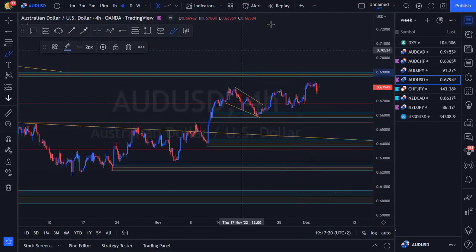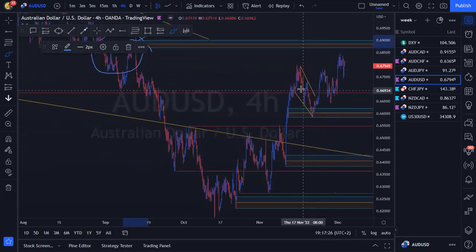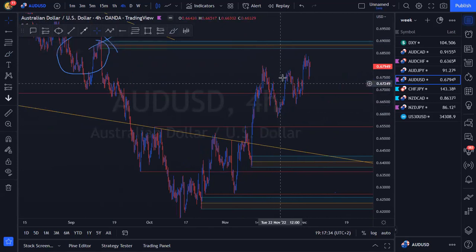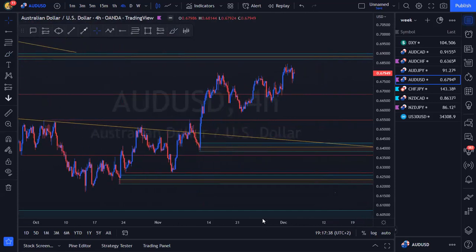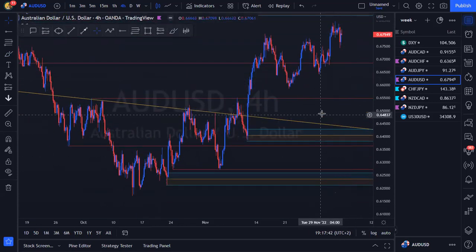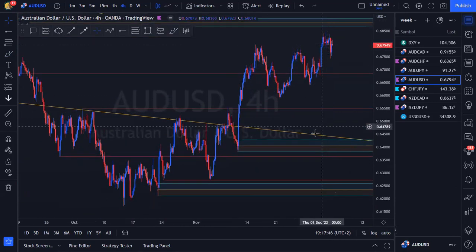But otherwise, let's just drop down to a 4-hour. So we do have an overall context of the higher time frame descending structure. We want to be buyers, obviously, to find bullish continuation. This buy is done. Definitely done. If ever there was a buy there, let's also just delete this nonsense here so we can get a clearer picture of what's going on there. Sure, this looks like one big mess.